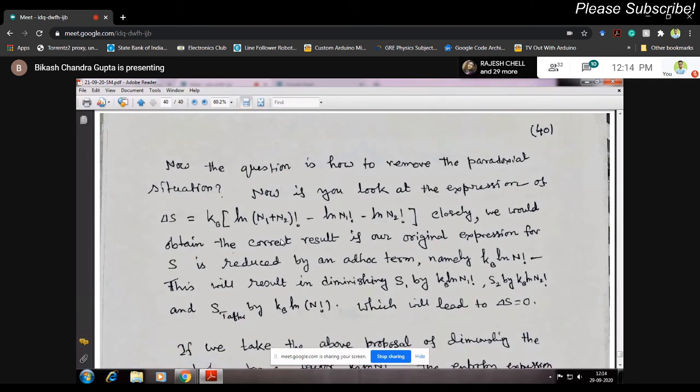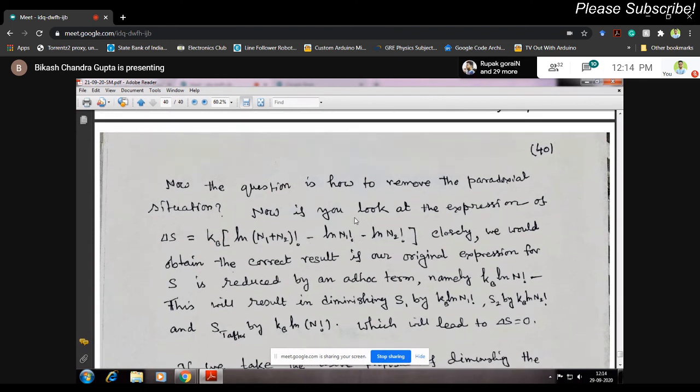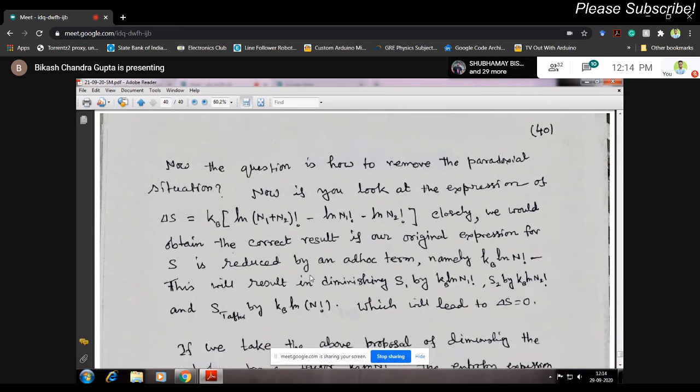Now, if you think of this term, just look at this term and think, what should we do with the entropy expression so that this delta S will be 0? আমরা কি করতে পারি? কি করলে আমাদের এই ডেল্টা এসটা 0 হয়ে যাবে? এইটা তোমাদের দেখতে হবে।